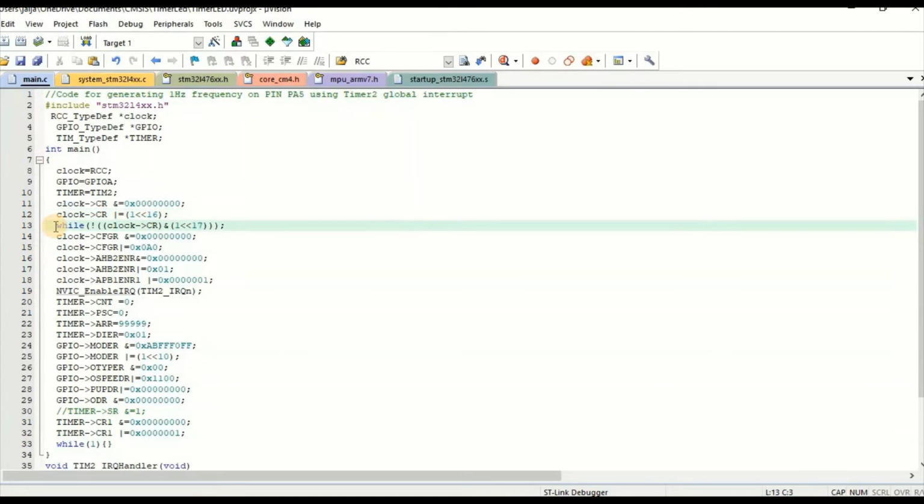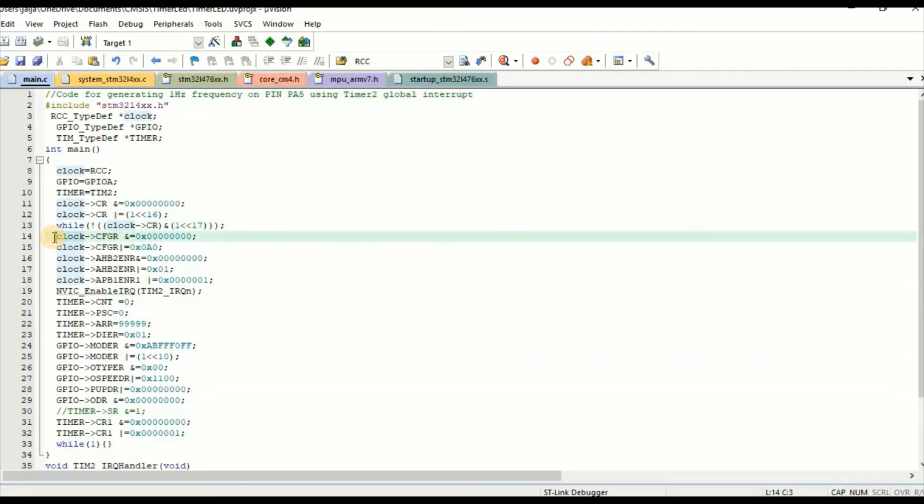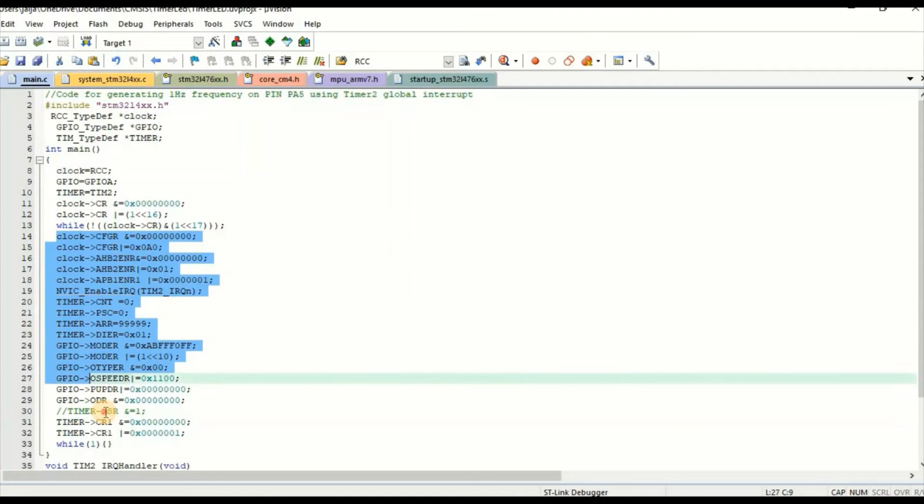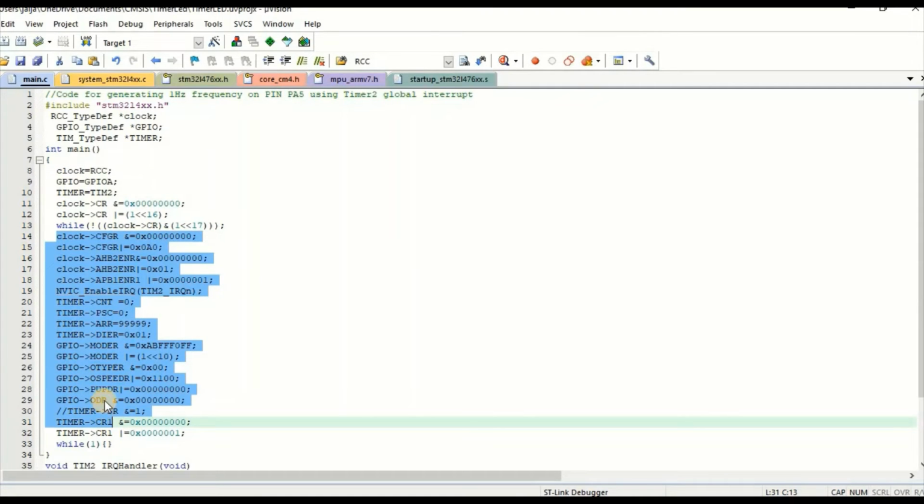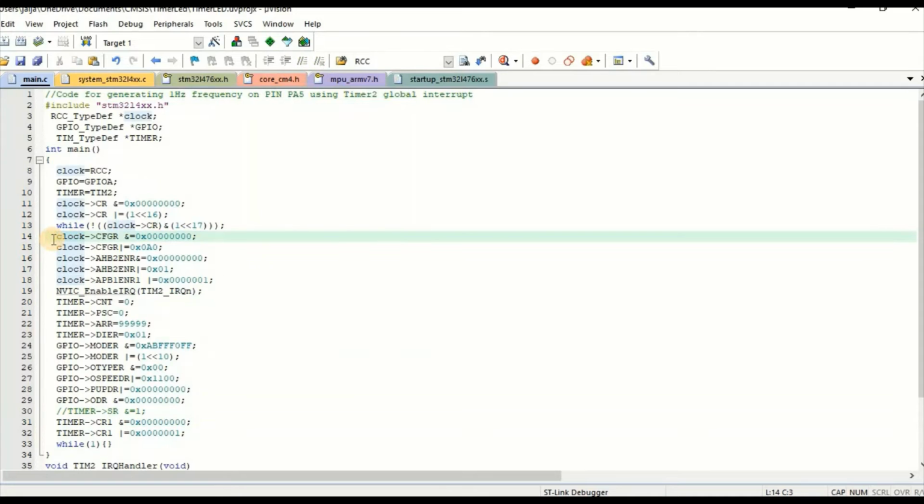And this statement, as we studied earlier, is for checking if the clock is set by the crystal. And only when the clock is set, then the control goes to all the other statements. And this is the register CFGR.